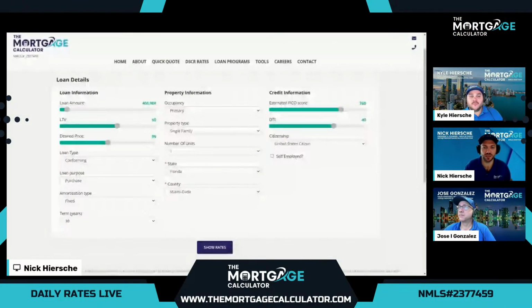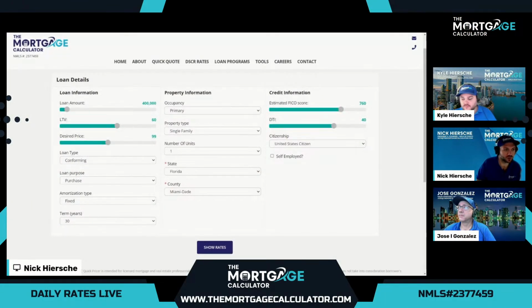So as Kyle mentioned, this is our pricing tool for our mortgage professionals. We've got over 300 loan officers in pretty much every state, and we can do primary and second home loans in 22 states across the U.S. and our business purpose DSCR loans in pretty much every state. So a lot of great options there. If you'd like a full loan estimate with a full breakdown, please get with our team. But we're going to use our pricer today to check out the general indications for the pricing, including some APR stats,